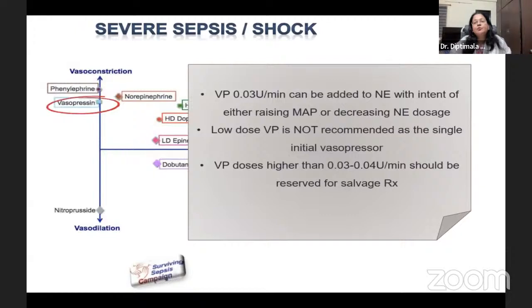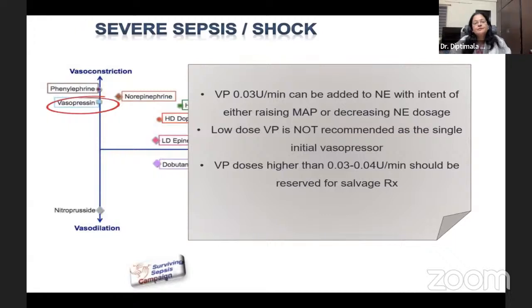Vasopressins can be added to norepinephrine with the intent of either raising mean arterial pressure or decreasing the norepinephrine dose. Low-dose vasopressin is not recommended as the single initial vasopressor, never. So in a septic shock patient, the first choice of agent is noradrenaline, that is norepinephrine. And vasopressin is the second agent, which is added to raise the mean arterial pressure and at the same time